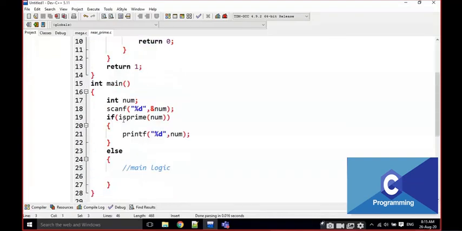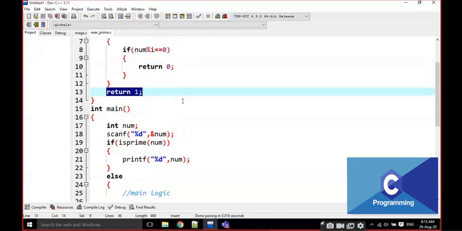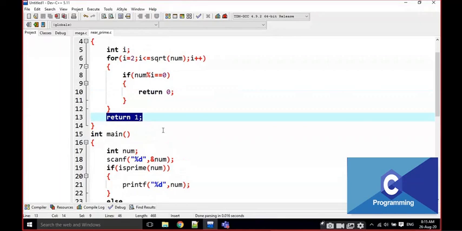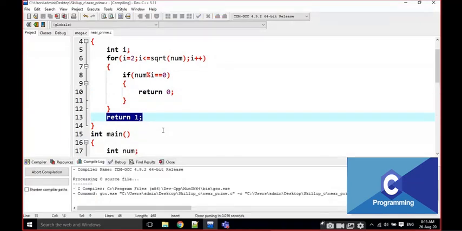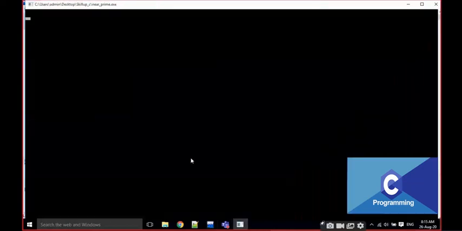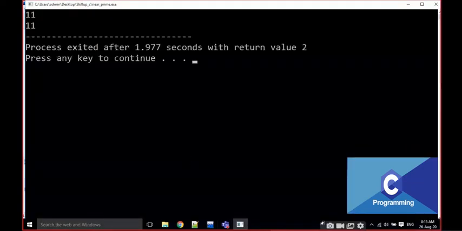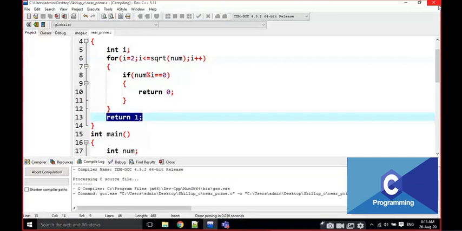That's why here I am taking some integer. Whether it is a positive value or negative value, it is going to be treated as what I am passing here. If it is a prime, I am going to return 1, yes, it is a prime and I am going to print it. Else, that means if it returns 0, what do we have to do? First of all, I am going to check up to now only. I am going to give some prime number. Yes, it is going to print that number. That's it, right? Okay.